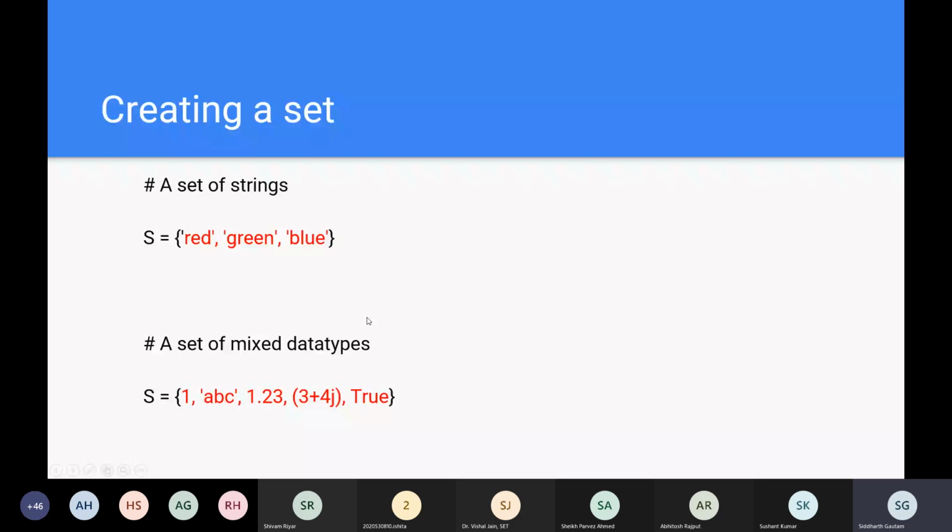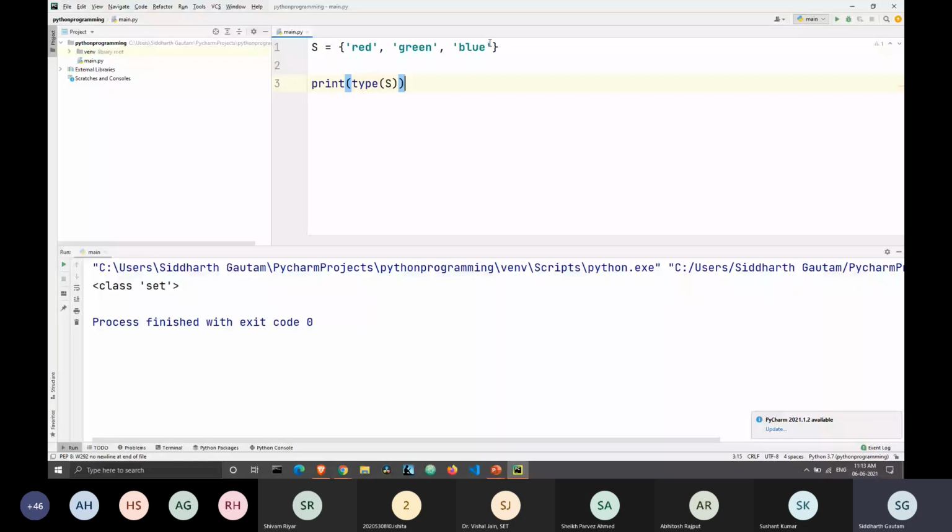I will enter a number 1, 2, let's say 8.4, and let's also enter a boolean which is false. Okay. When I print this, I still get the same output, which is that this variable s is a set, which means that even though I added all these different data, which are string, integer, float, and a boolean, it still remains a set.